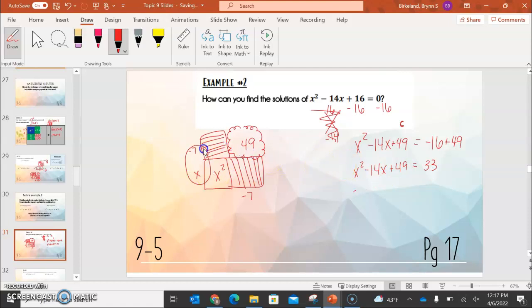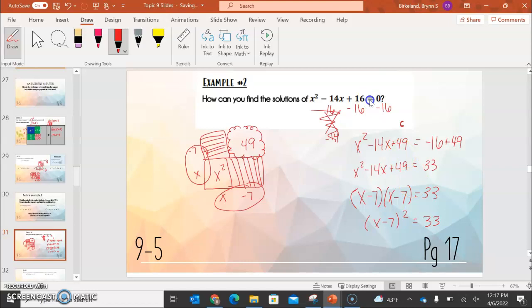This is really x minus 7 times x minus 7. So we're going to write this as x minus 7 times x minus 7. But when you multiply something by itself, we can write it as x minus 7 squared. That would equal 33. What this does for us is says if we want to solve it and keep going,